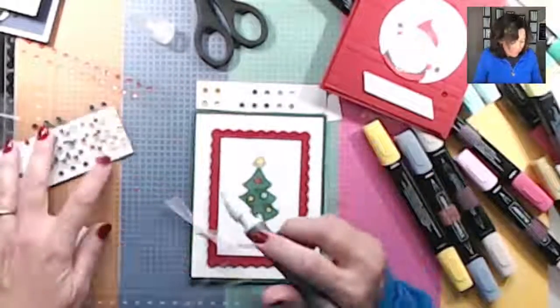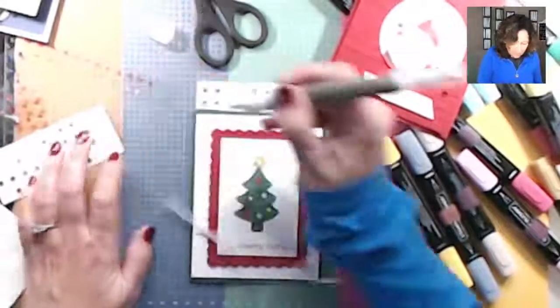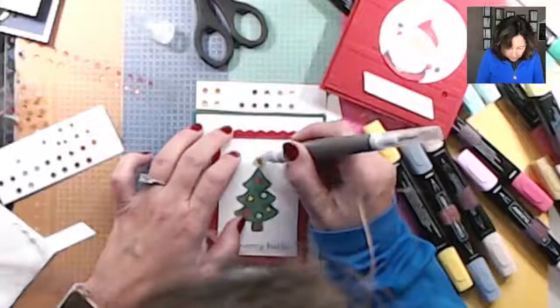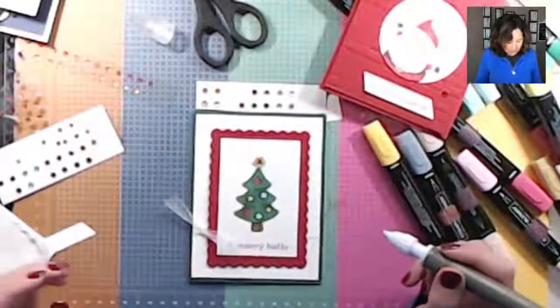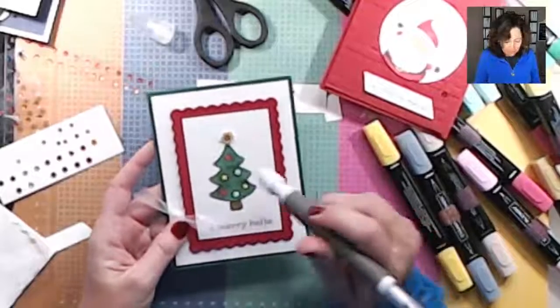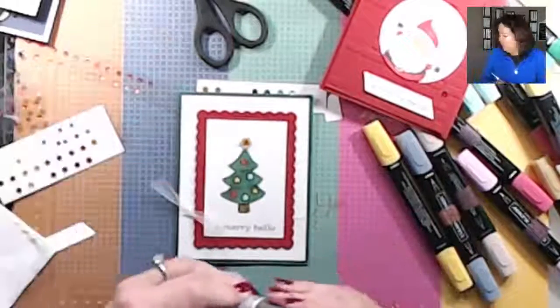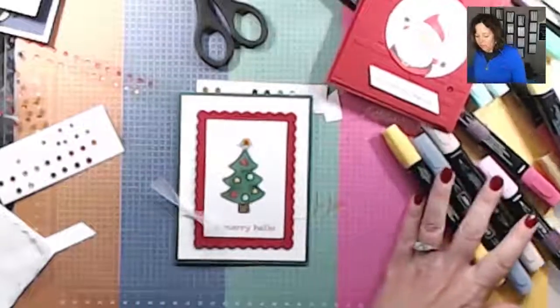We might put, how about if we add a yellow to the star? There's a big yellow. And we could add, you know, to each of the little balls too, but we colored them and we took great effort to color them, so I don't think we will. All right, so